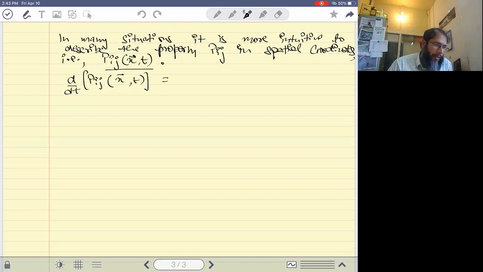When we apply the chain rule of differentiation, since P is a property of small x and t, we may write this as the partial derivative of Pij as a function of small x and t. And then since you have a small x as well, and you know that the partial derivative of small x with respect to t is not zero, so small x is a function of time, we write this as